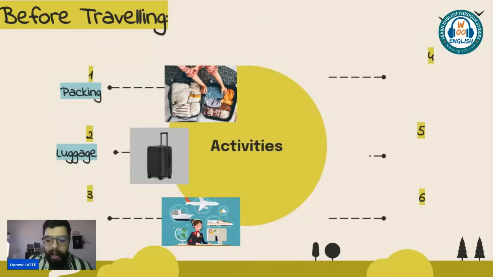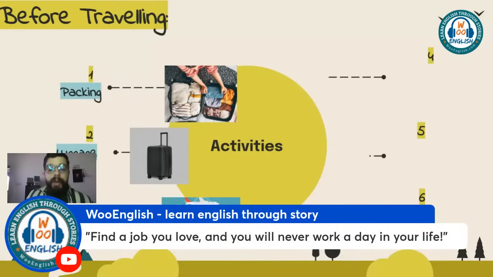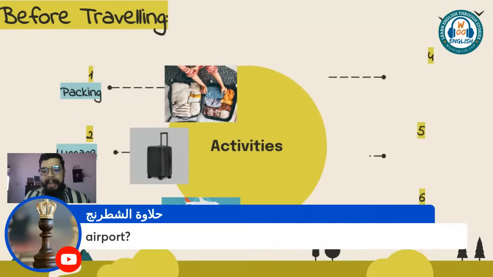Okay, I will very simply, I already see some answers, so let me just share this with Jan. So find a job that you love, and you will never work a day in your life. Meaning, if you are working a job that you love, you won't feel like you are working at all. You feel that you're just having some fun, all right? Like I'm doing right now. This is my job. I teach English for a living, but I absolutely enjoy it to the extent that I'm having all these conversations with you guys. I like sharing information with you. I like you guys sharing information with me. So please make sure you find the job that you enjoy and like.